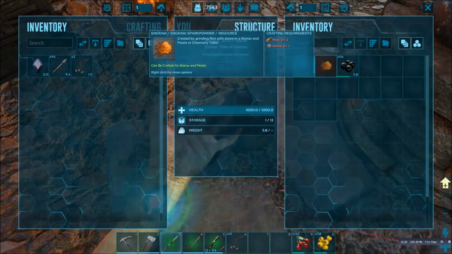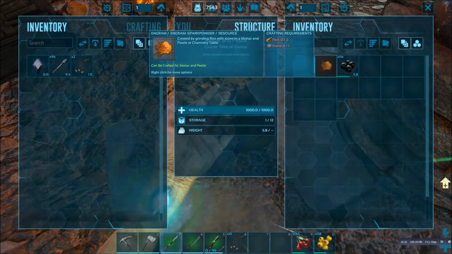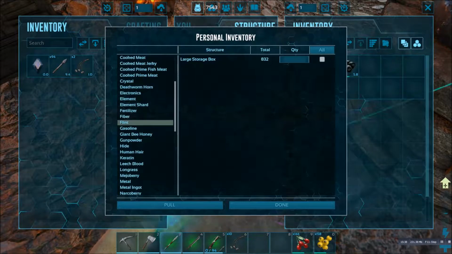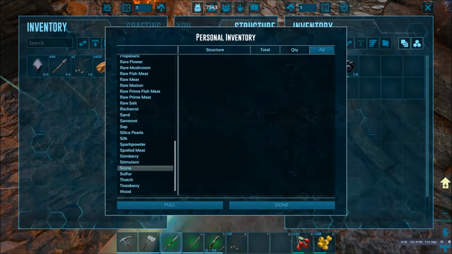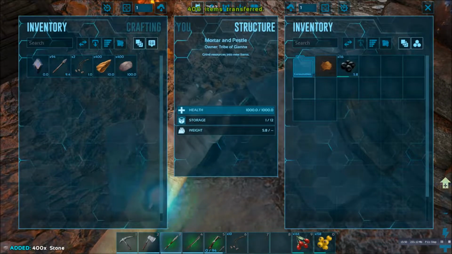Push E, and now it's here that I can actually make it. I just need stone and flint. So this button up here with the cloud and the down arrow, if you push it, I can go to flint, and I have some in the storage box. So I'll go ahead and pull 400 out, and then I need stone, which I'll just go down here to stone, and that way I don't have to go back and forth. And I'll pull 400 of that as well. And now I have them in my